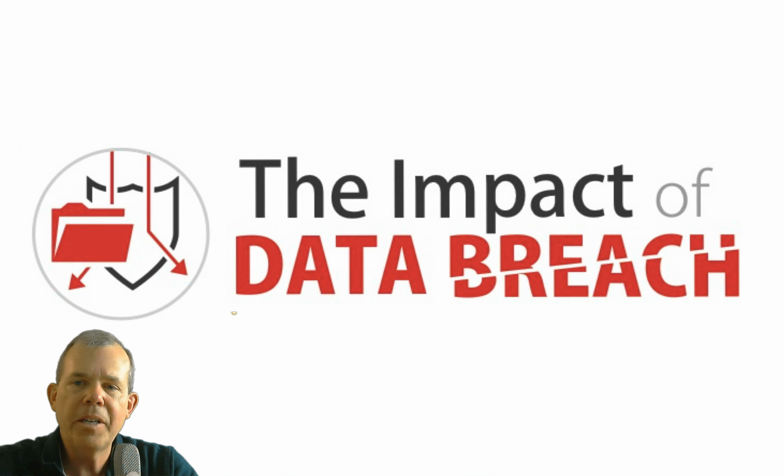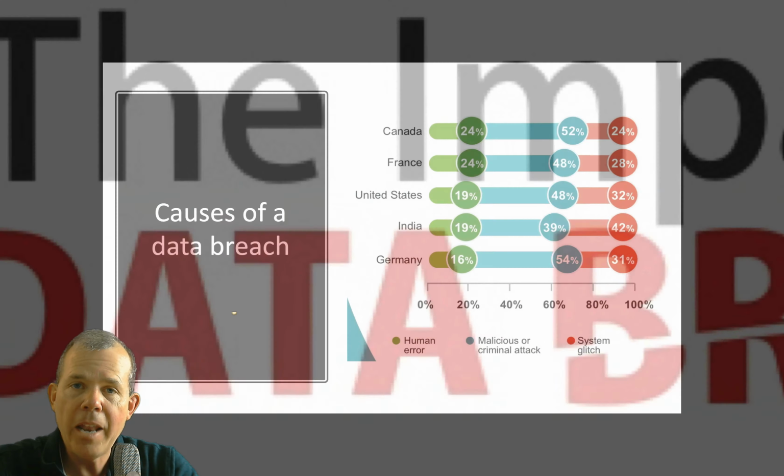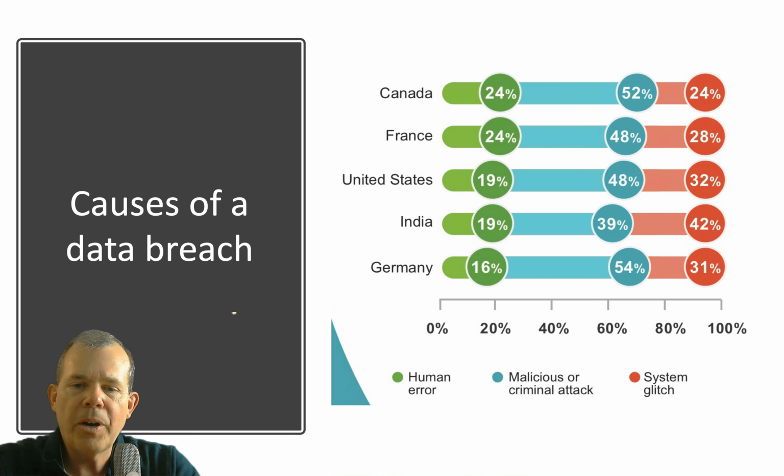Now, your natural disaster is one item, but you can also stop your business simply by being lax on your information technology security. A data breach can end your business. So here's some causes of why there are data breaches. You can see that sometimes it's because of human error. More often, it's because of someone that attacks you, or because a system fails. And so all three of those are problematic when it comes to exposing data that can ruin your business.